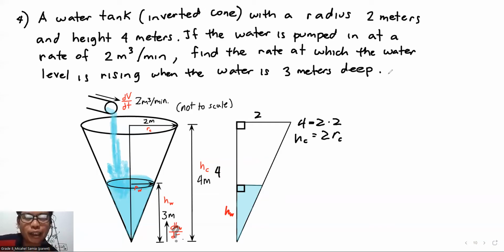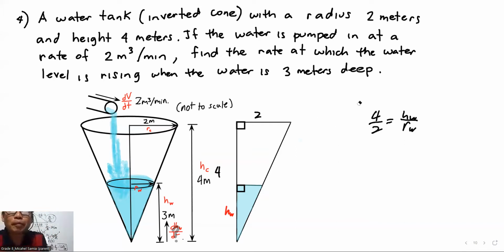So it's either 4/2 divided by h over r, or vice versa. So your height and then your r. Okay, height over r. So you're going to change r with h. Okay, so your r now is equal to